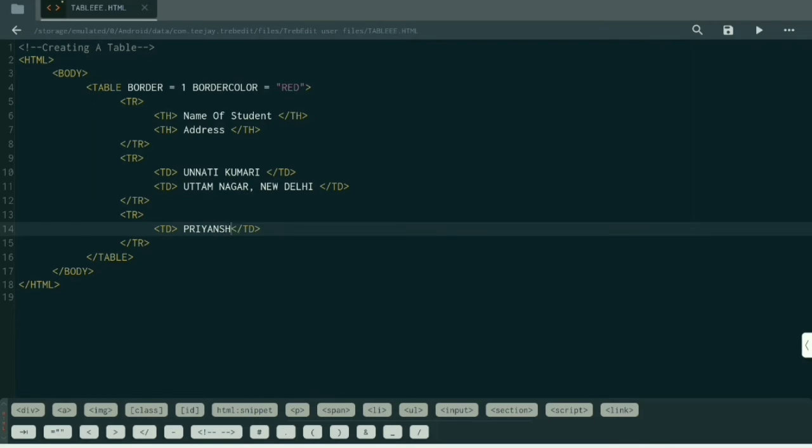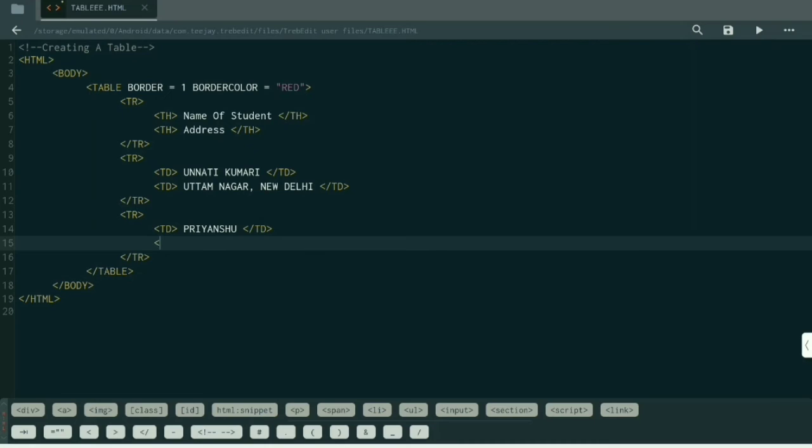Name of a student, Priyanshu, and address, Shanti Nagar, Betia. So Priyanshu will be displayed in the first column and Shanti Nagar Betia address will be displayed in the second column, and both will give you the second record.